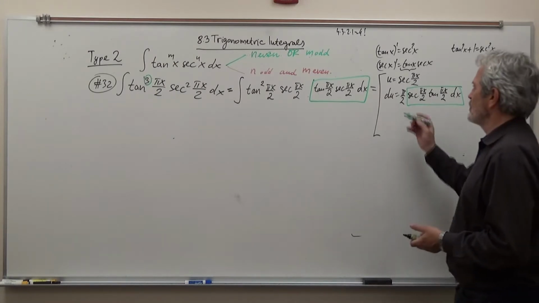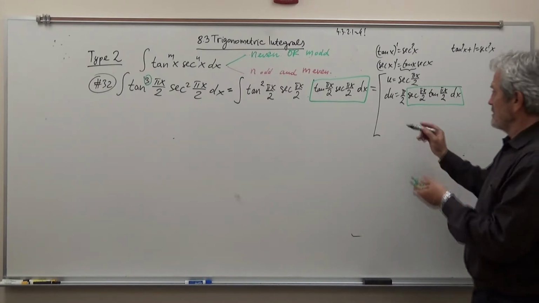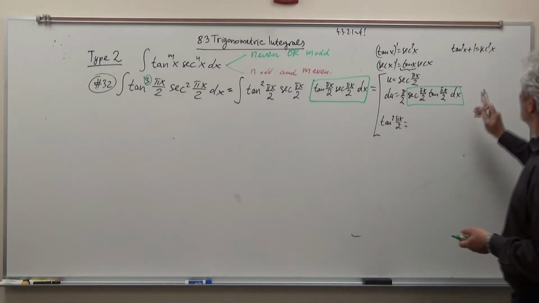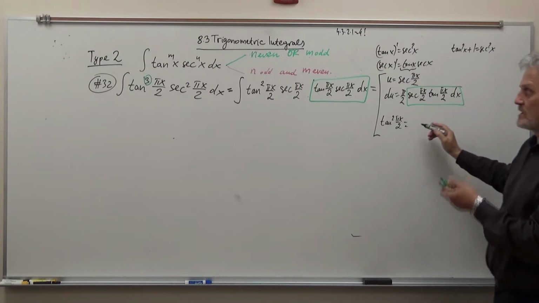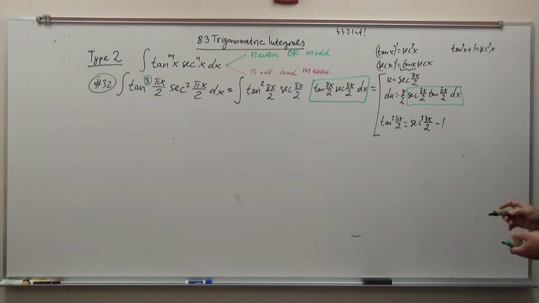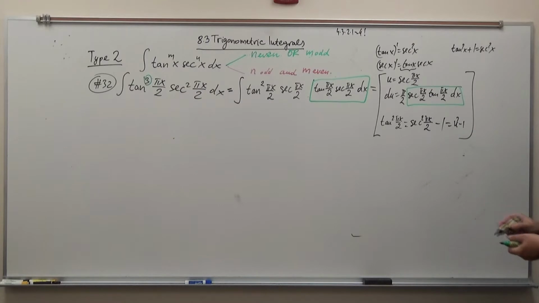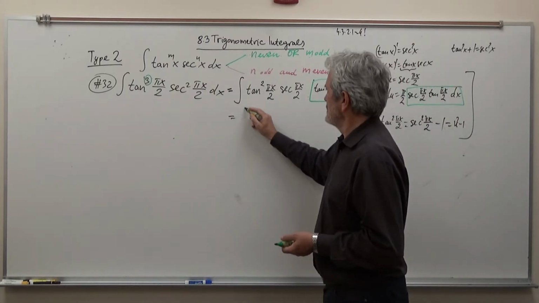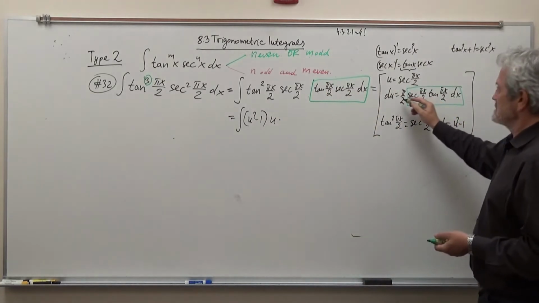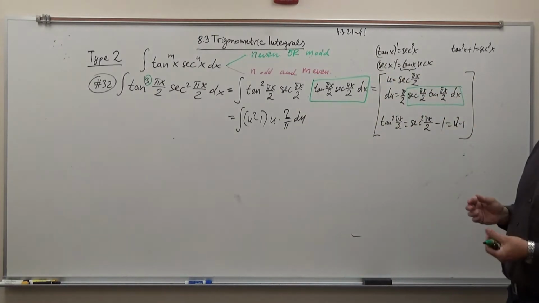So that's obviously 2 over pi du. Let me focus on this: tan squared pi x over 2 from here is secant squared minus 1, like a minute ago. Secant squared pi x over 2 minus 1, so that's u squared minus 1. And that's it, everything is easily traded. So this is u squared minus 1, this is u, this is 2 over pi du. Look how smoothly everybody was